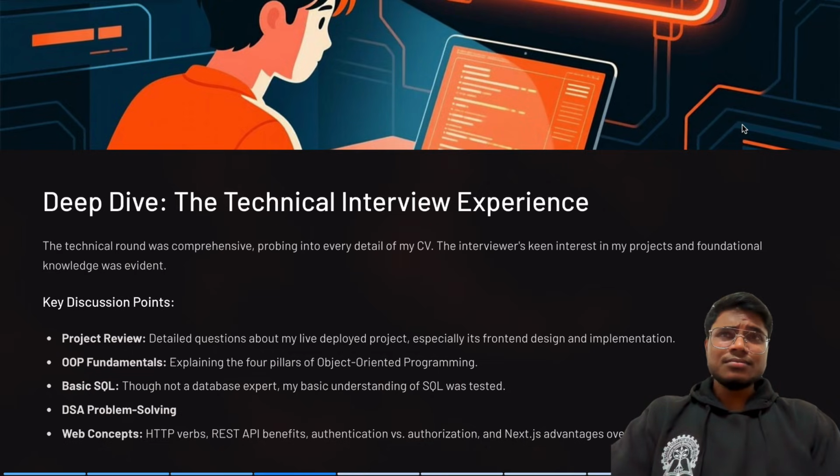He is asking questions from each and every keyword that you have written. What happened in my case is that he looked at my CV, and in my CV I had written the live links of my projects. He got quite fascinated by that, because at IIT Kharagpur nobody generally writes the live link of their project. He typed it character by character in his browser and visited my site, and he got quite interested, because the UI and overall UX of my site is quite good and professional. He was quite impressed by that, and